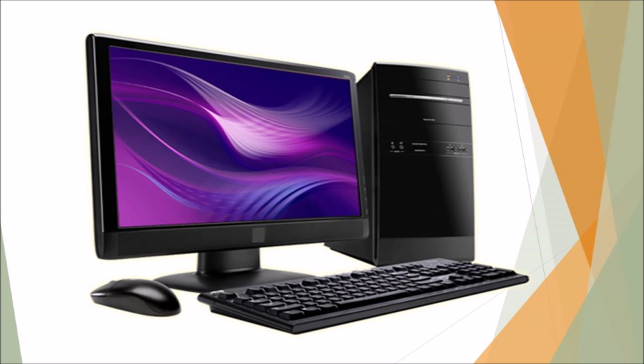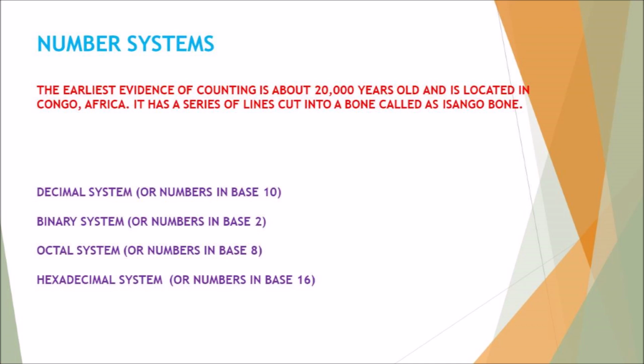First, we will start with the number system. The concept of counting numbers started 20,000 years ago by Africans with the help of a series of lines. They used the lines for counting the numbers. And also, the Arabians used zero and the place value system. You might have learned about the place value system from the ancient Indians, and the Arabians used zero and the place value system for counting the numbers. So likewise, the number system concept has evolved.